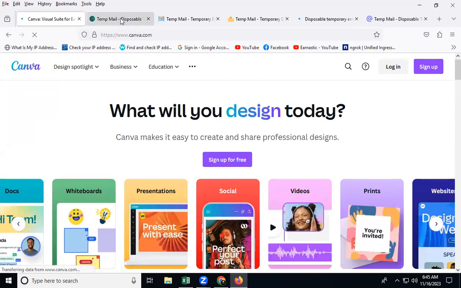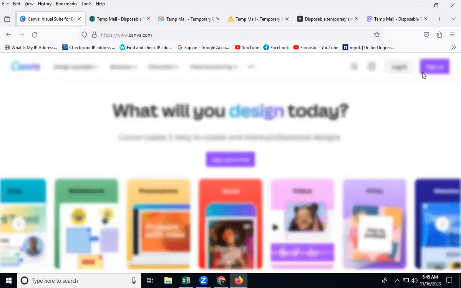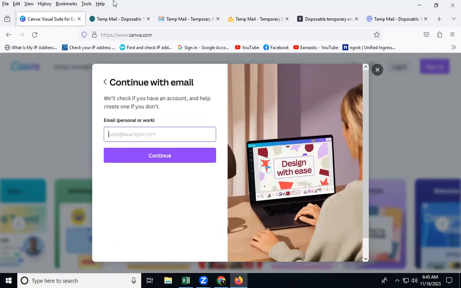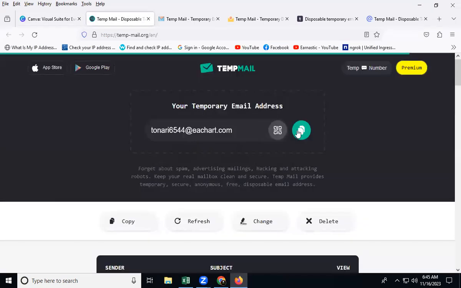On the Canva website, I can click the sign up button. Continue with your Gmail account. You can connect with Gmail or Facebook and others. I can continue with mail. I can just use temp mail, copy the free mail, and